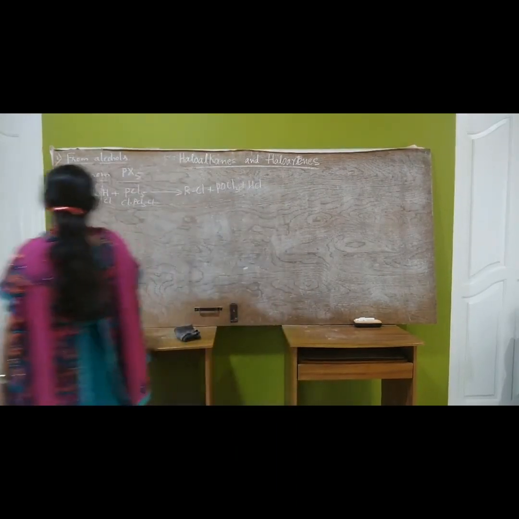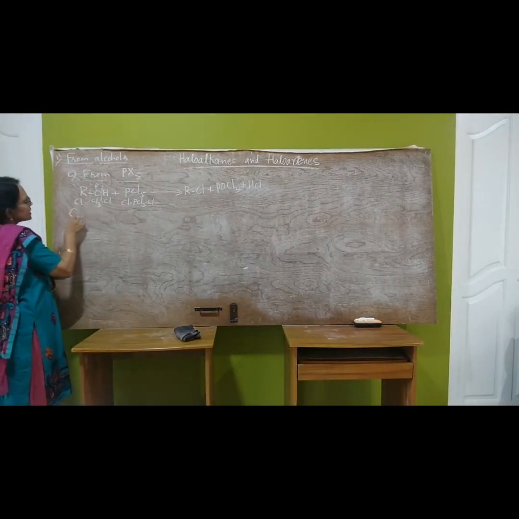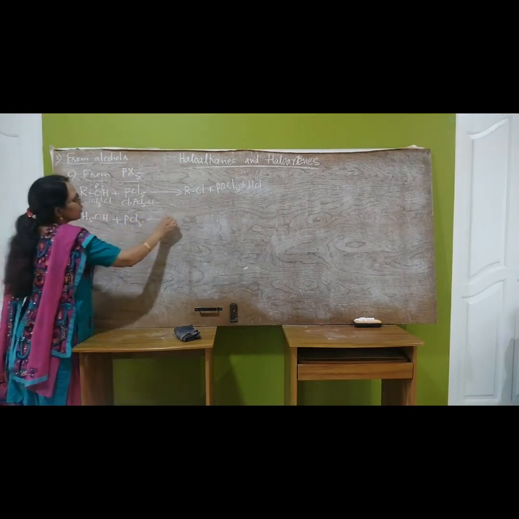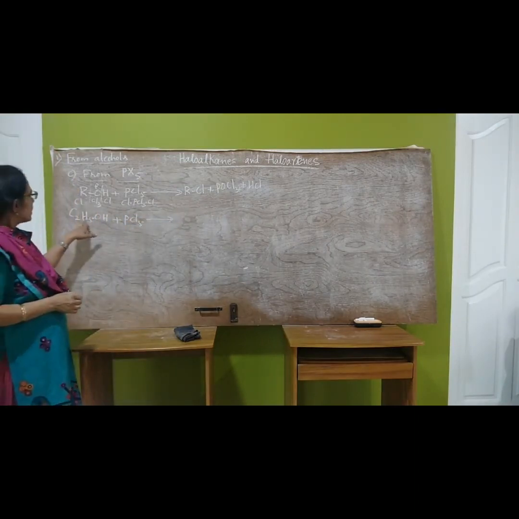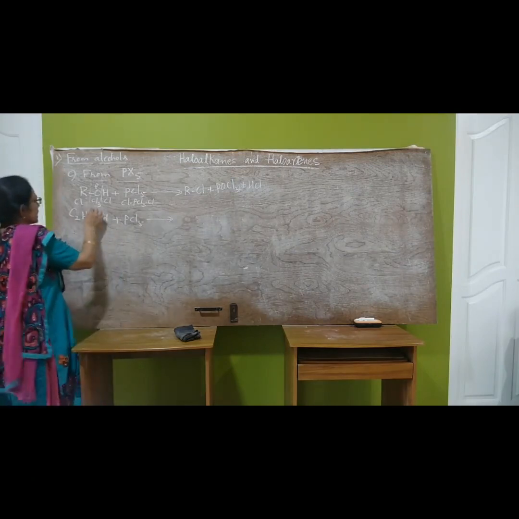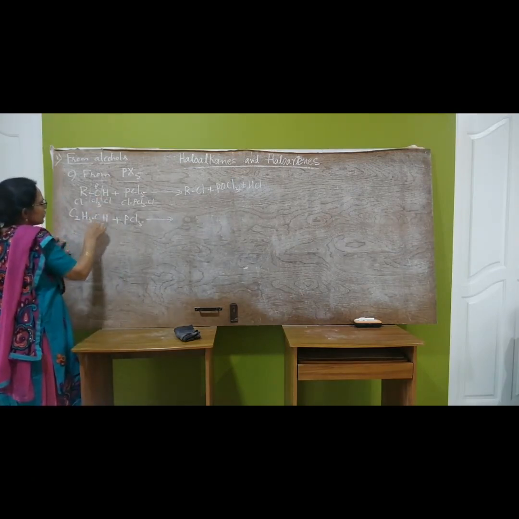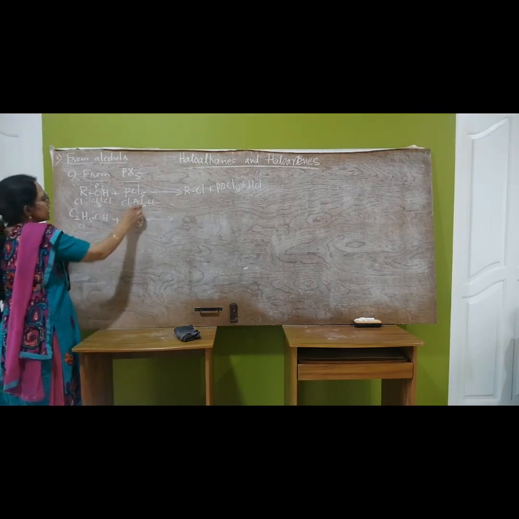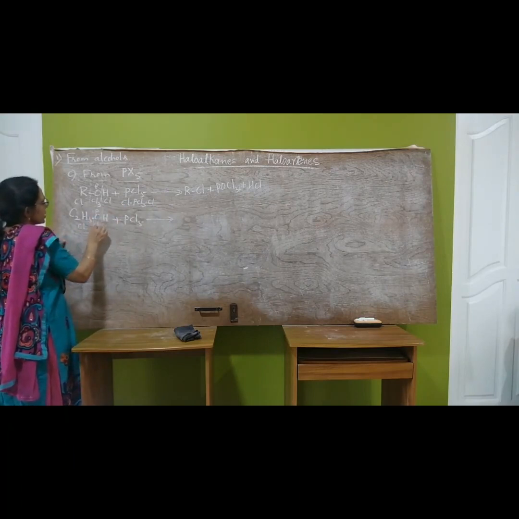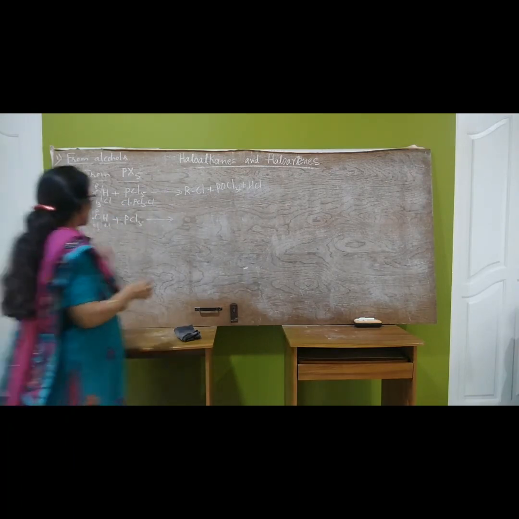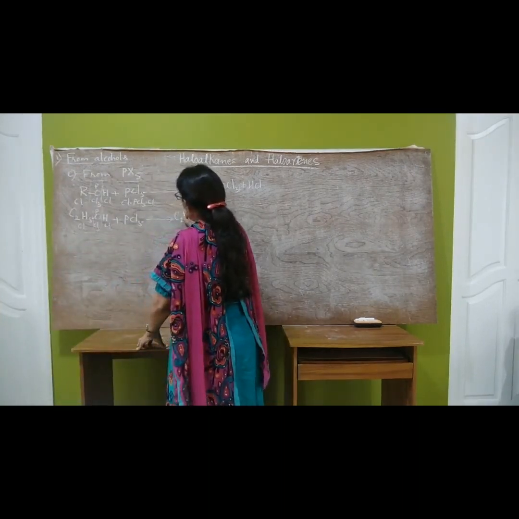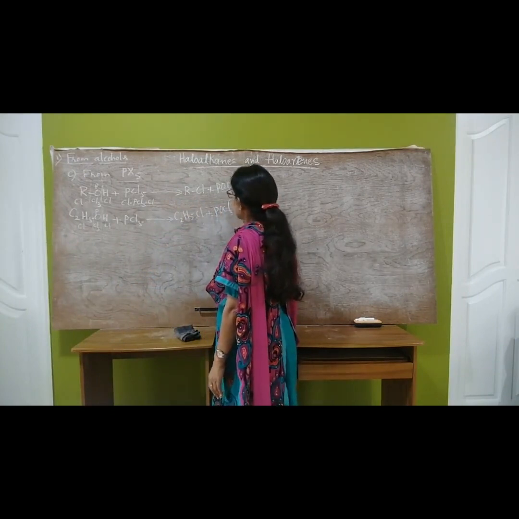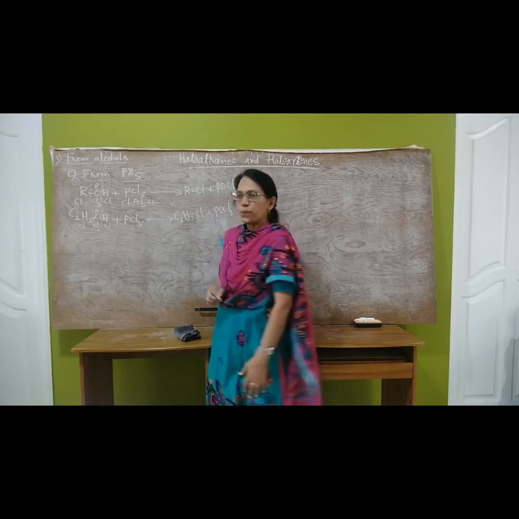Write one example by taking ethyl alcohol, that is C2H5OH, which reacts with phosphorus pentachloride to form ethyl chloride. Here the reaction is as we have done before. Here Cl, here PCl3 will react, so form POCl3 and HCl. So what are the products formed here? Ethyl chloride plus phosphorus oxychloride plus HCl are the products.